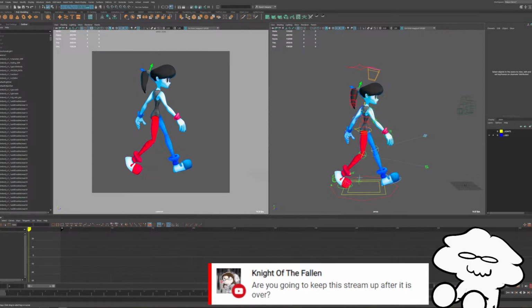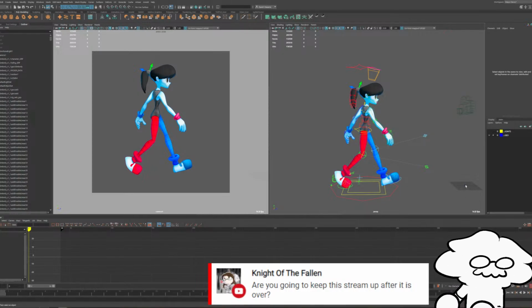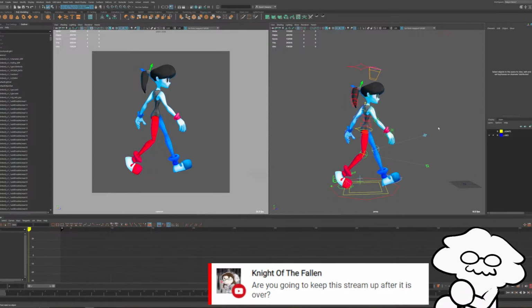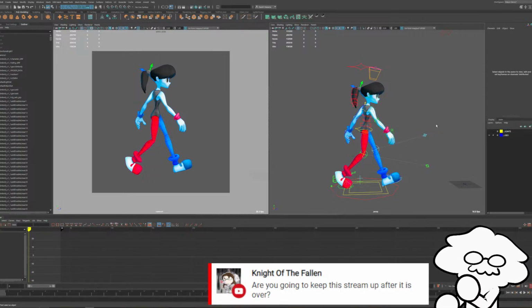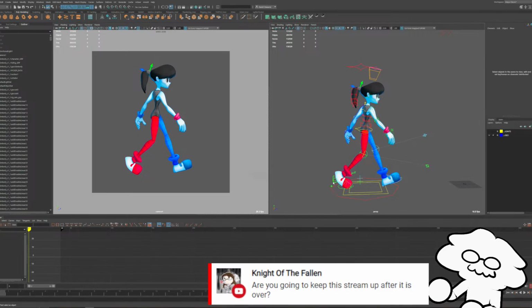So let's get started. Right now I have the Gimberly rig set up, and this is basically the walk cycle from the legs video. This file is a little outdated.